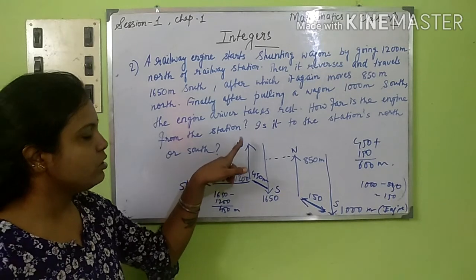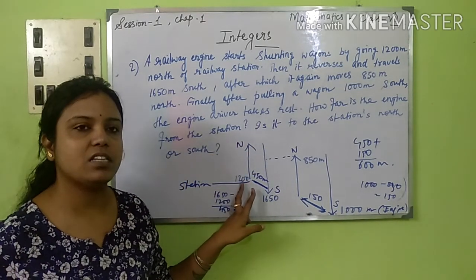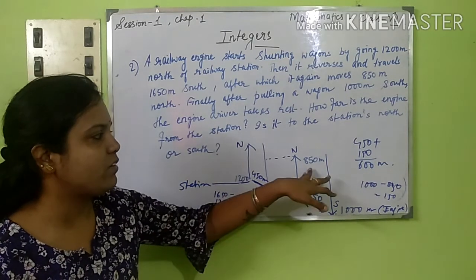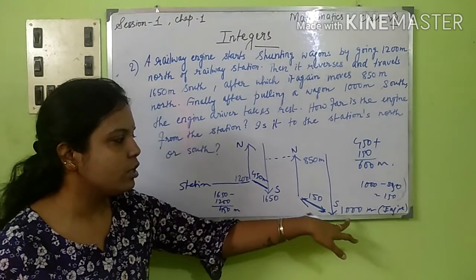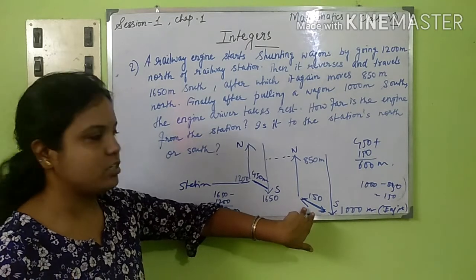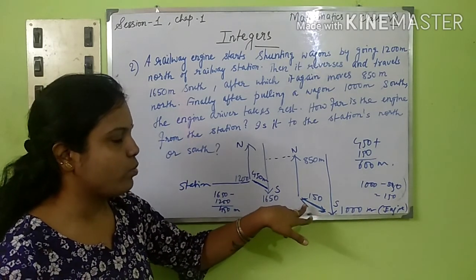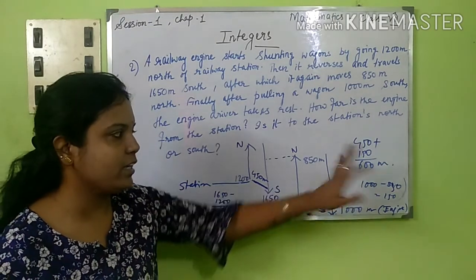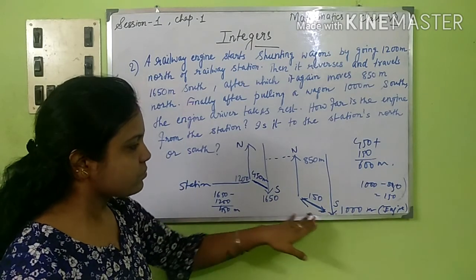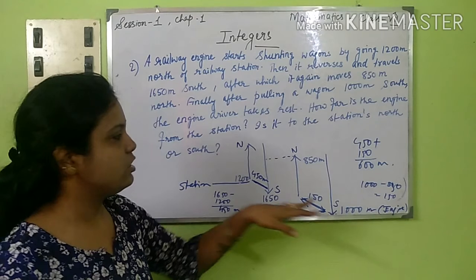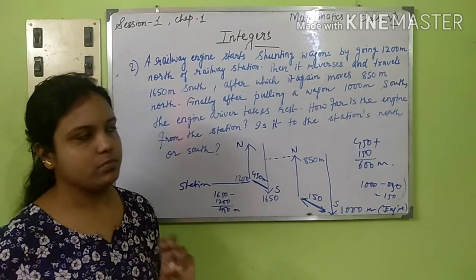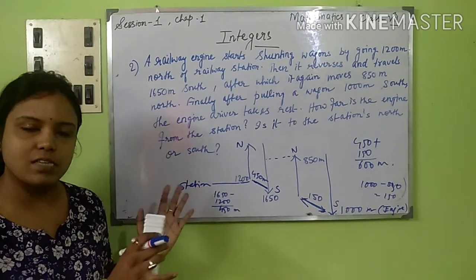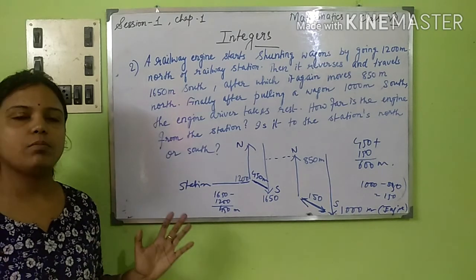It is going 1200 meter north, then again it is coming 1650. So what is the difference in the distance that it is covering? 1650 minus 1200. Then from 1650, wherever it was, it went to 850. From there it came back south to 1000 meters. Now again there will be a difference in the distance. What is it? 1000 minus 850, you are getting 150. So the total is 450 plus 150, you are getting 600 meters. Now obviously you can understand this is the engine here, so it is towards the south of the station. So this was your total idea about this particular sum, which was of integers. It is just a plus and minus sum that you have done here. So this was all about the chapter of integers.